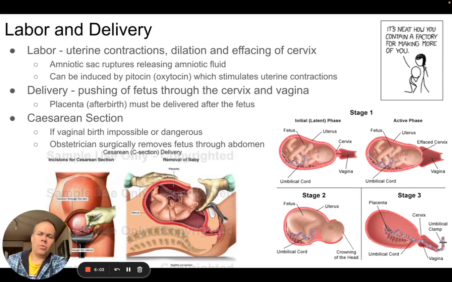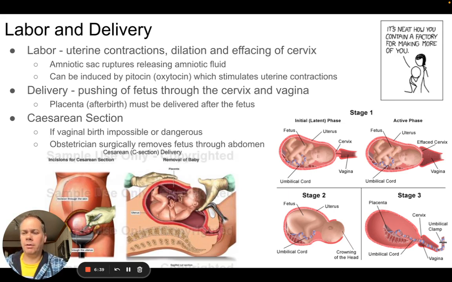And one of the last organs to mature in a fetus are the lungs. And so that's why sometimes if a baby is born prematurely, before it is fully developed, it may need help with a ventilator, because the lungs are the last organ to mature in a fetus. And that makes sense, because the fetus never uses the lungs. They never are needed until it's actually born. And that's because the fetus is getting its oxygen through the placenta. It's not breathing on its own.